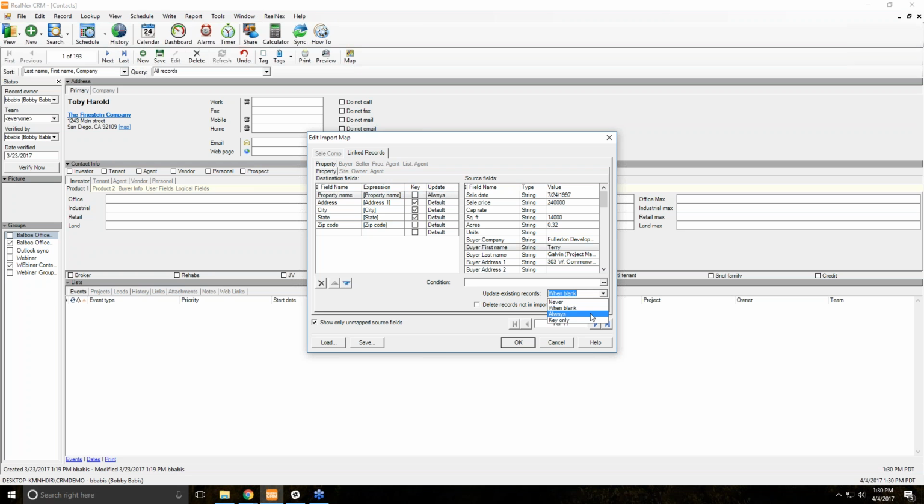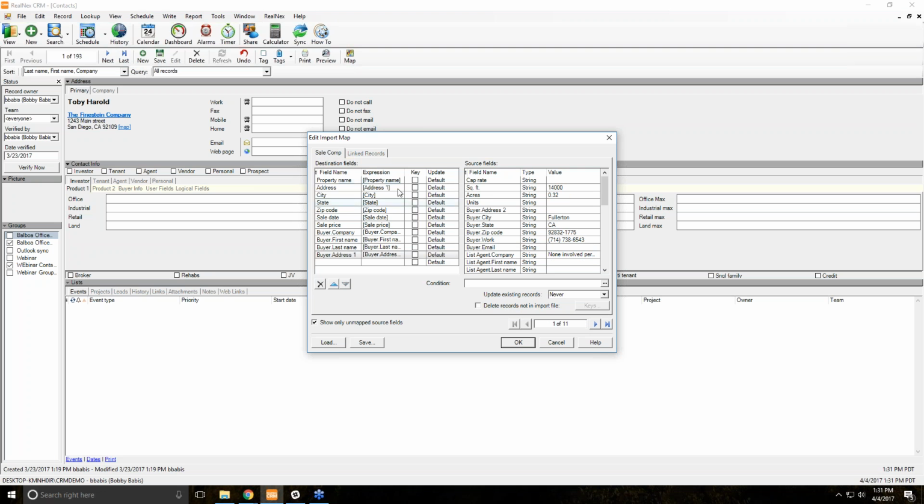And then finally, something I rarely talk about, as it's not really utilized all that often, is the key only button. So the idea is when it finds a match, when blank is going to update existing records and fill in blank information. Always will fill in from the spreadsheet. Never will just ignore any updates and move along. Key only is actually very similar to never, and nine times out of ten will functionally work the same as never, but is primarily used when,